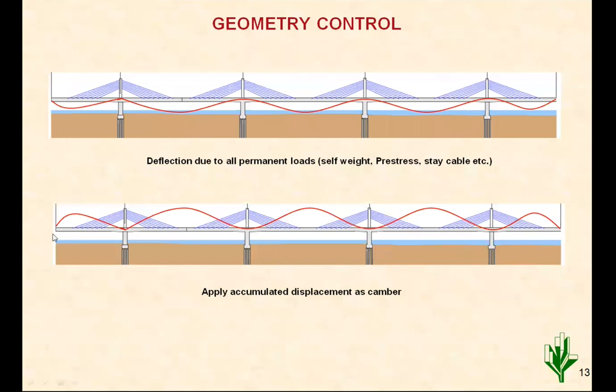So we will achieve at the end of construction such a shape which, after permanent load, wearing coat, then whatever superimposed dead load like crash barrier etc. will come, it will come almost flat. Then there is a deflection due to creep of concrete also, which is also considered, and accordingly these camber diagrams are decided for the service stage and the construction stage.